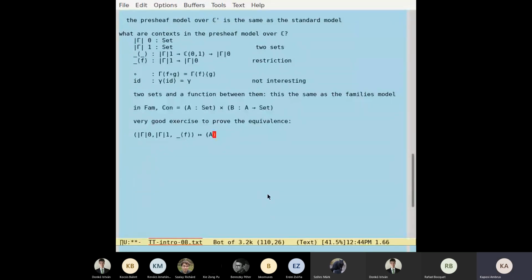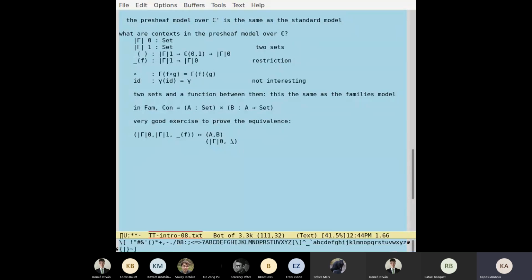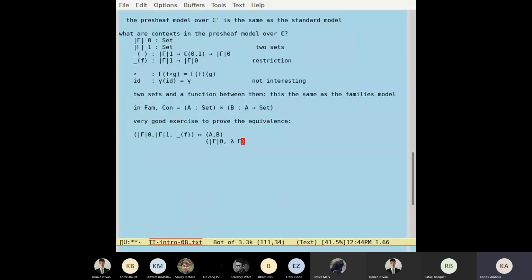So how do we obtain the A and the B? So the A will be just gamma 0, okay? It's just gamma 0, and the B is, so for any small gamma in gamma 0,